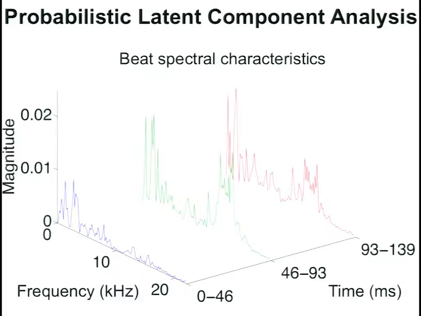So if a robot hears music containing, say, a beat instrument, such as drums, other instruments, noise sources, and so on, PLCA can be used to break those apart and assign each of them a different component. The system can then analyze each component to determine which of them most probably corresponds to a beat, and can identify the spectral characteristics of the beat for that particular music.